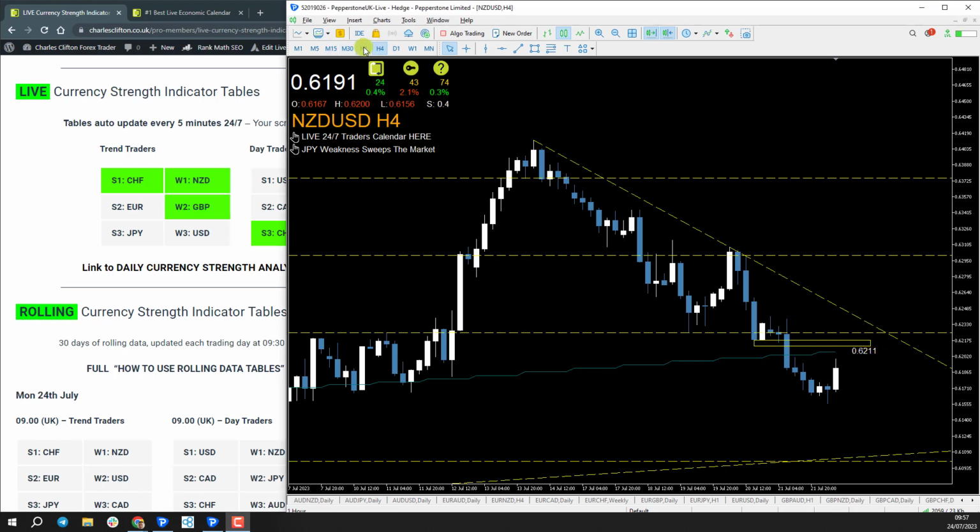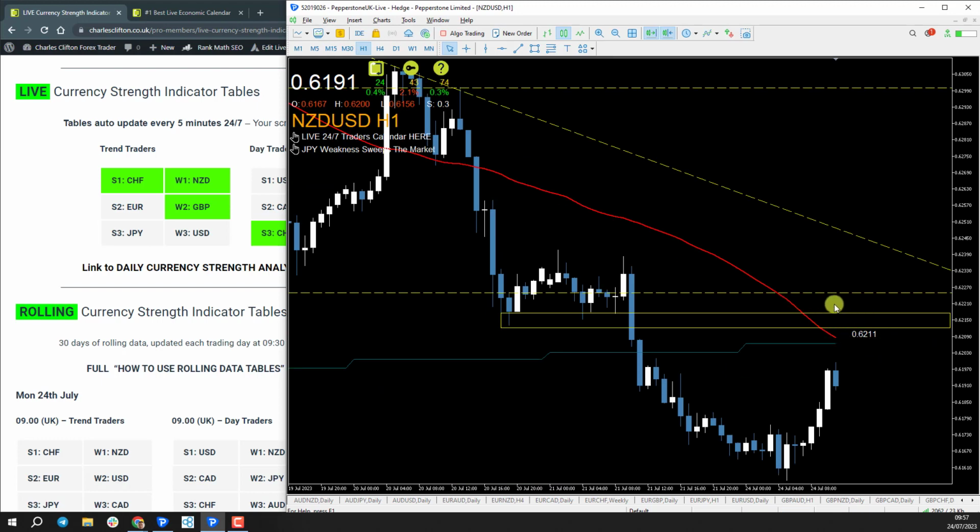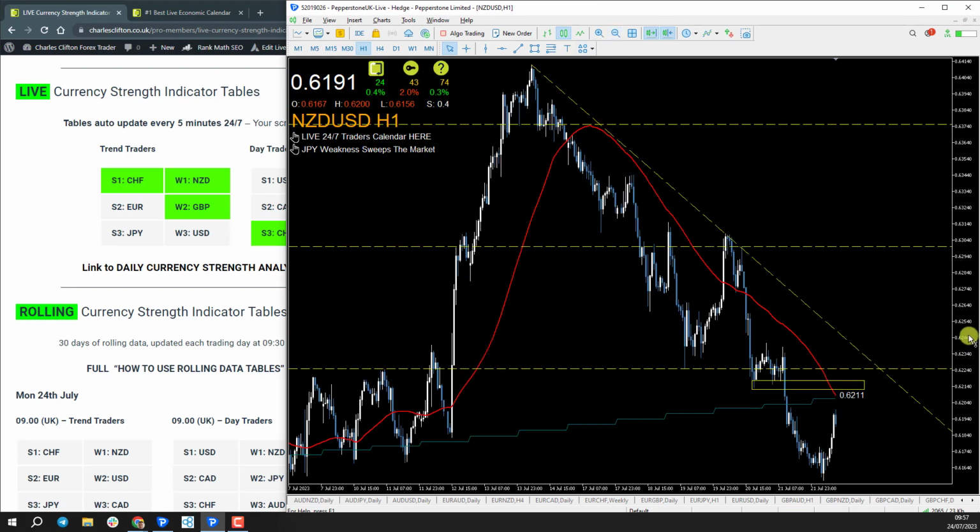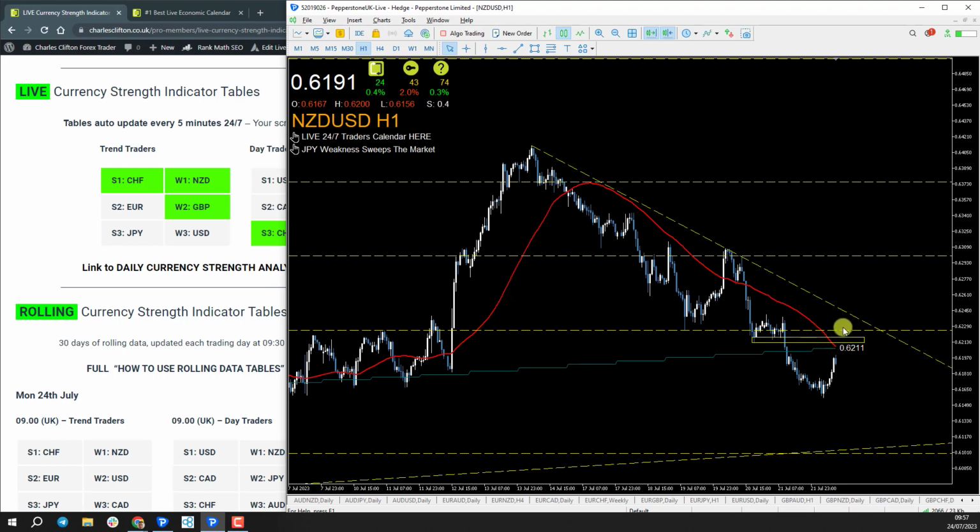If I was to go down to the hourly time frame, you can also see the 50 moving average running through here as well. So look at all these confluences surrounding that area between 0.62 and around 0.6225. If I just move the box, something like this, that zone in there could be a good area